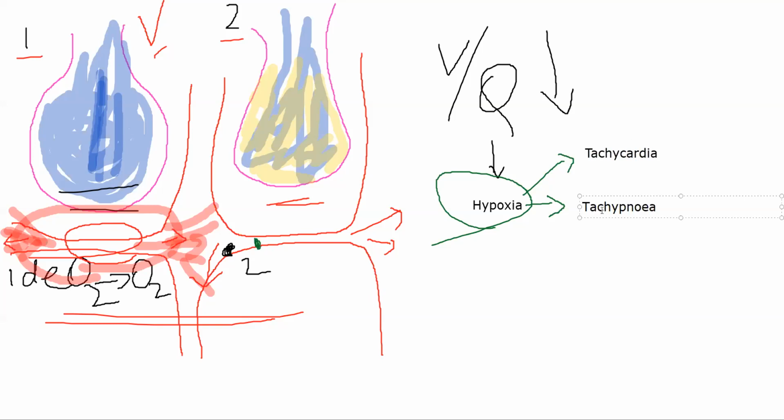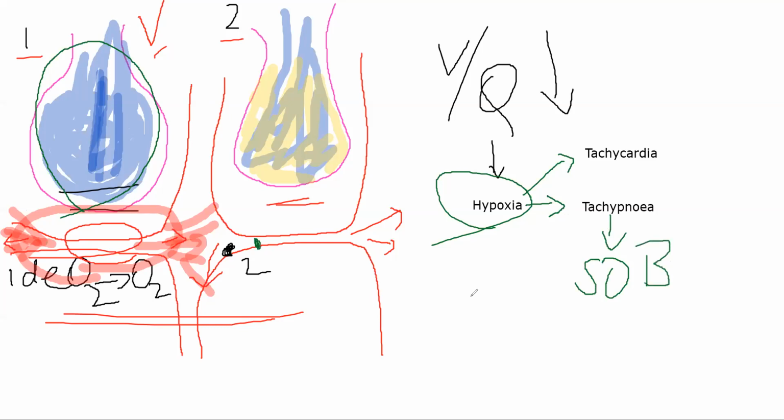increased respiratory rate. All right, but the kicker is, even if you increase the respiratory rate, you will still have shortness of breath, because this alveolus is being clogged, right? If you can see here, the alveolus is clogged because of edema and because of mucus. Even if you increase the rate of respiration, the amount of gas that can come in is very little, because of which you will have shortness of breath. All right, so this will conclude the pathophysiology of your pneumonia. This is all that is happening in your pneumonia, right? I hope you understood this.